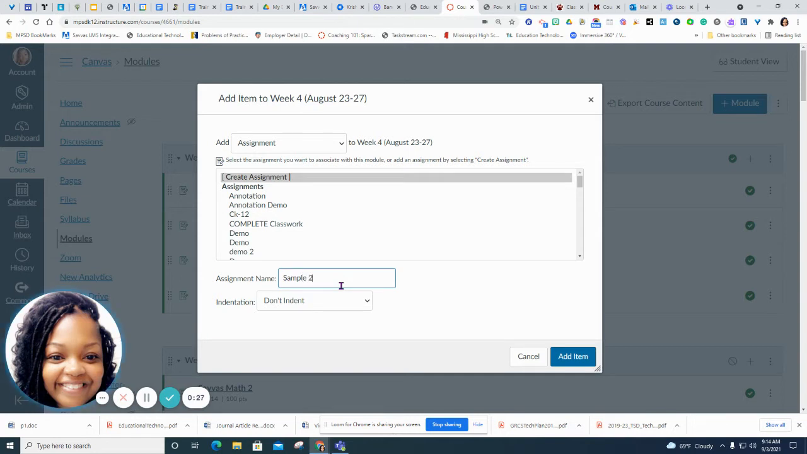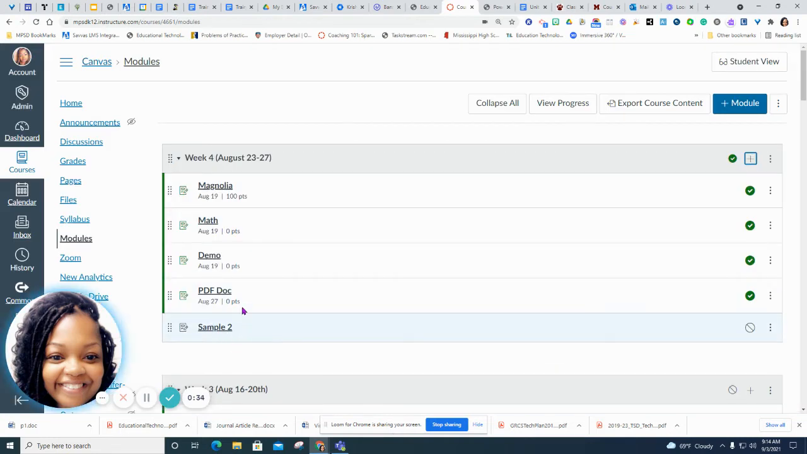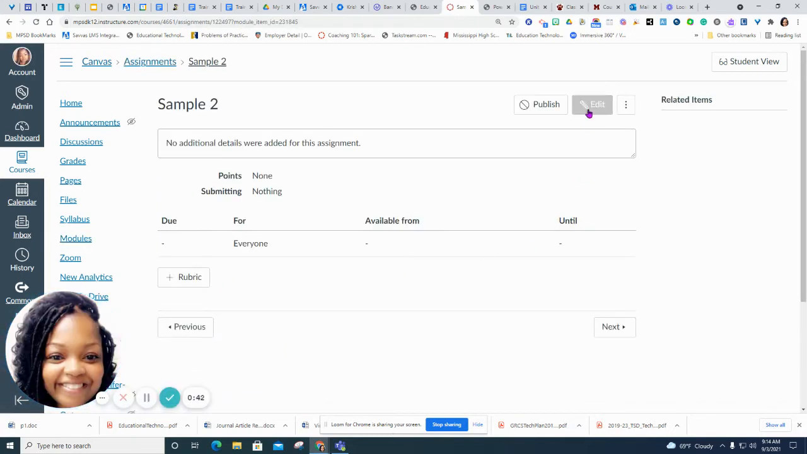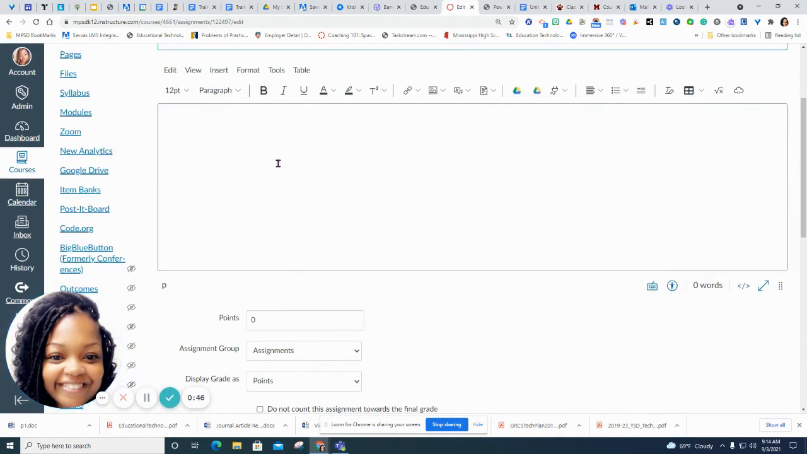So I'm gonna call this sample 2. Click add item. That populates inside of that module that you're building. So if you click on the title that you just created of that assignment, go to edit. You give your students directions in this box, whatever you want them to read before they go into that